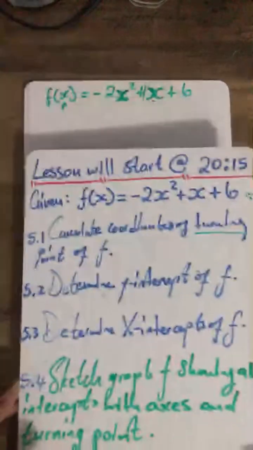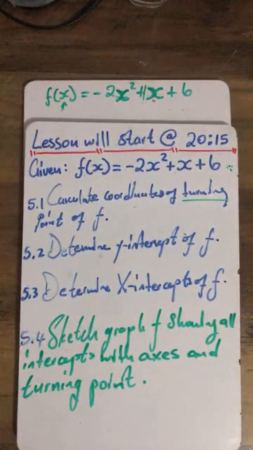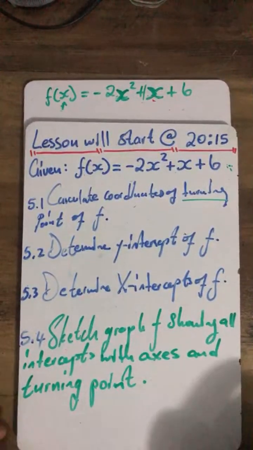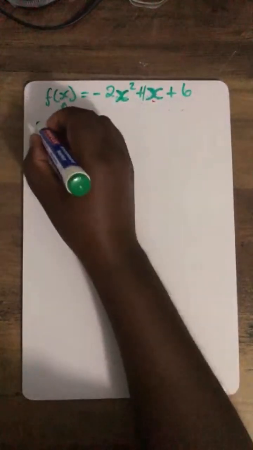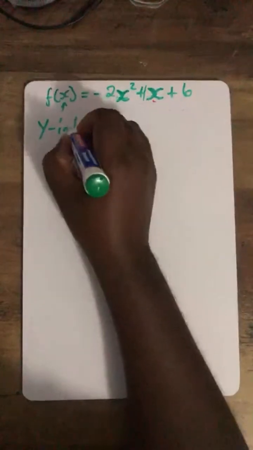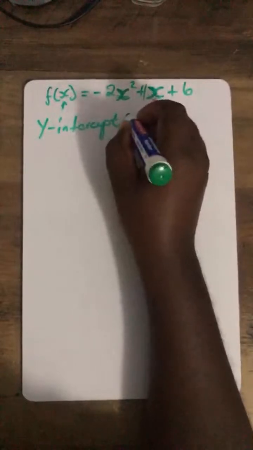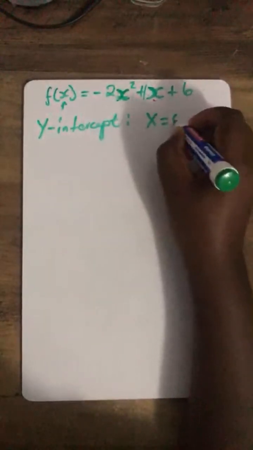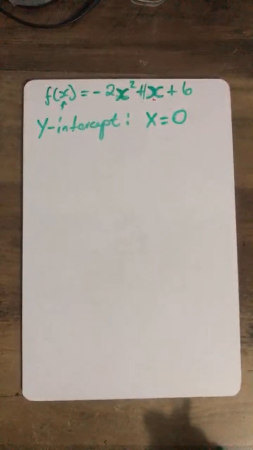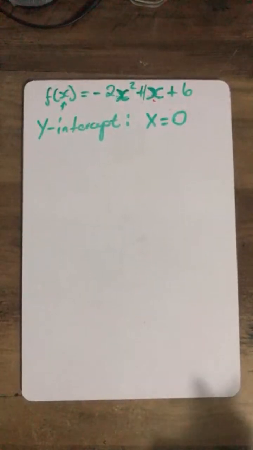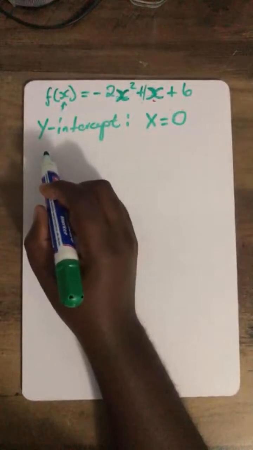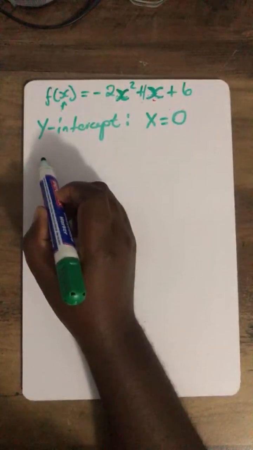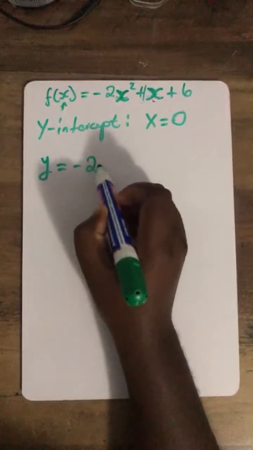I hope you guys did see the other question, 5.2, which says determine the y-intercept of that. Guys, always when they say intercepts, it could be y or x. The moment you say a y-intercept, just know that that is where x is equal to 0. And when it comes to the x-intercept, that is where y is equal to 0. So that means what you now need to do is to take that function